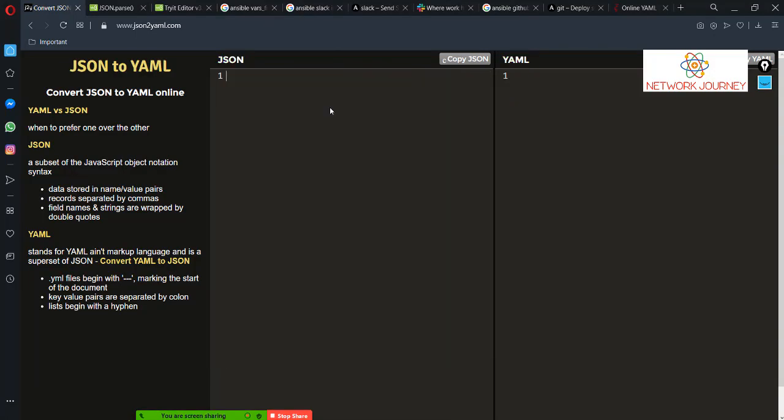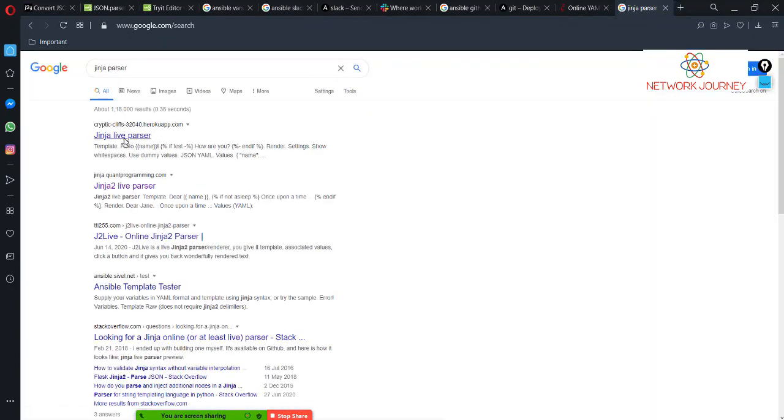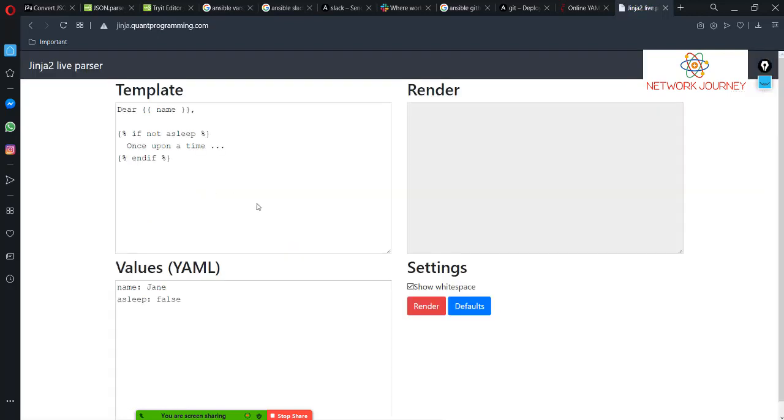For a Jinja parser you also get some online tools. Okay, this is a good one, Jinja2 live parser. If you want to test something, you can straight away bring your template and click on render. If it is good, you will get some output. Otherwise you will get some issues.